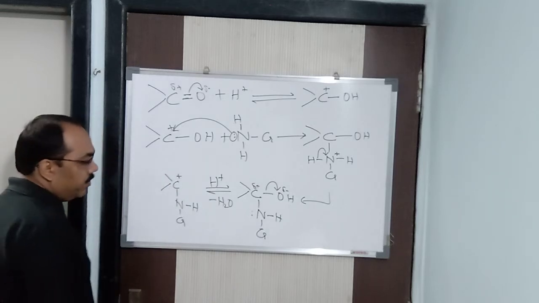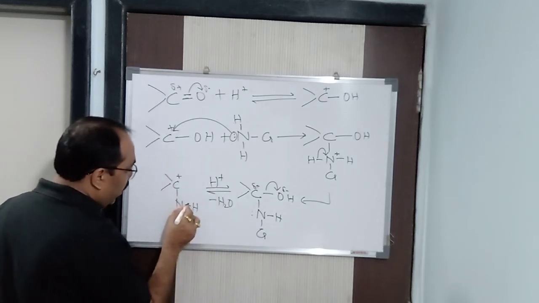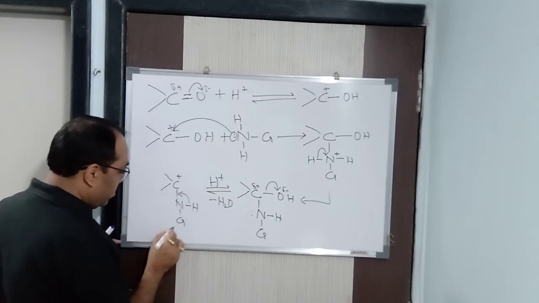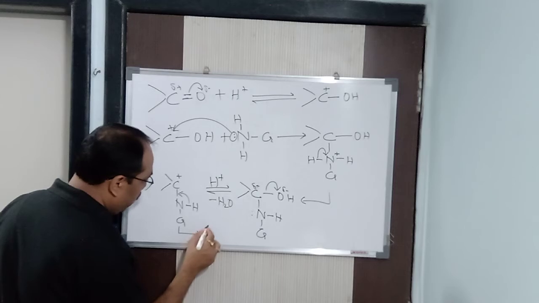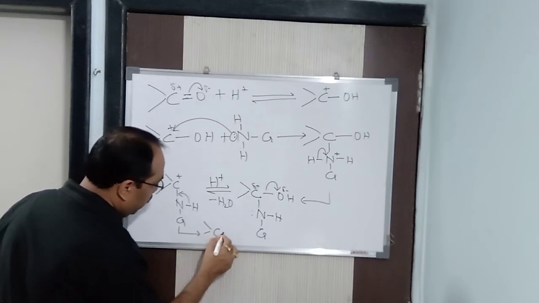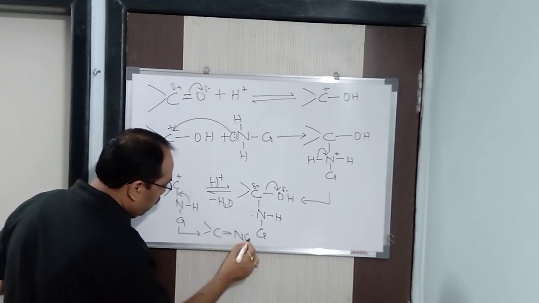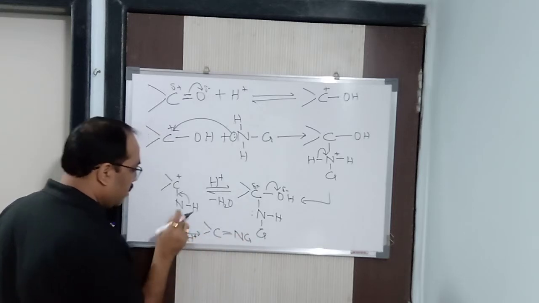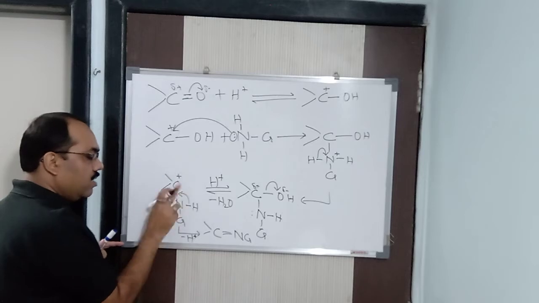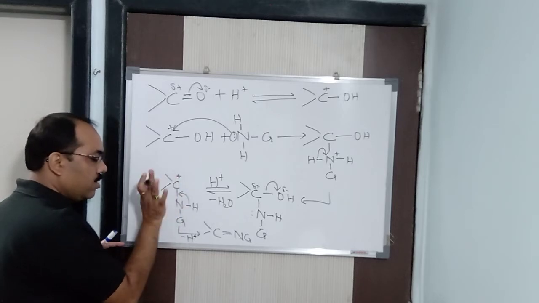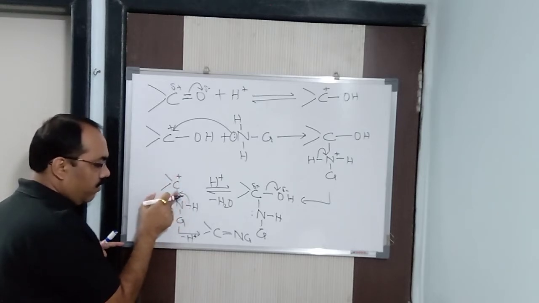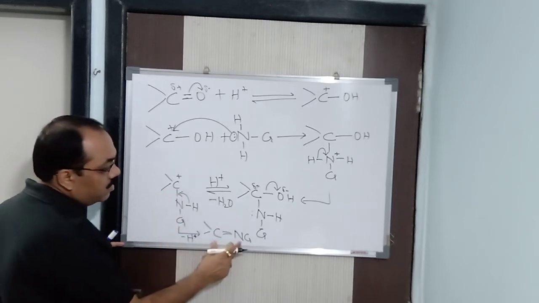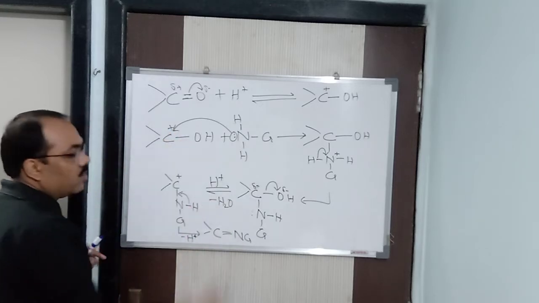It is not stable. So what will happen here? Again this hydrogen will release an electron and it will form a double bond. So what is the product I am going to get? That is C, here double bond, N, G, and H plus ion is released. Why is H plus released? Understand here, 3 bonds, carbocation is formed, not stable. So one pair of electrons of hydrogen comes to this particular carbon, it forms a double bond with NG. So this is the final product and water is being released, as you can see here.